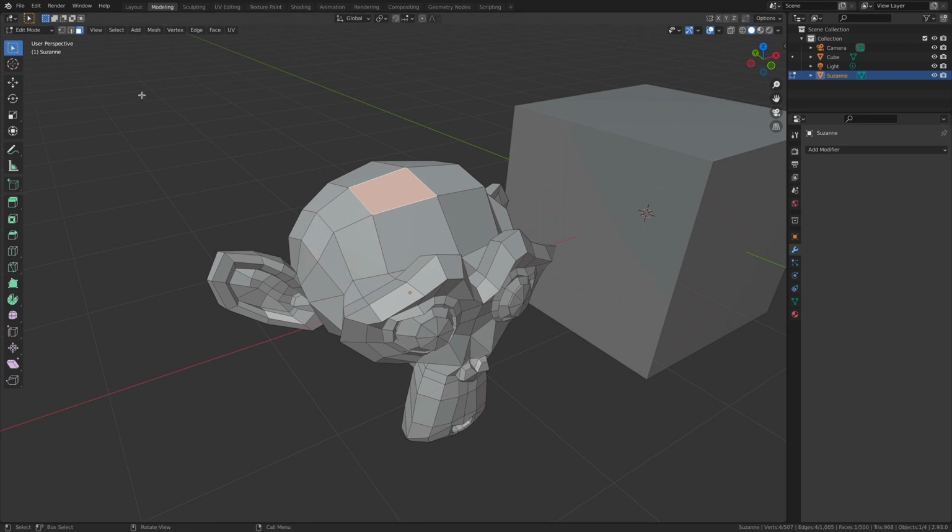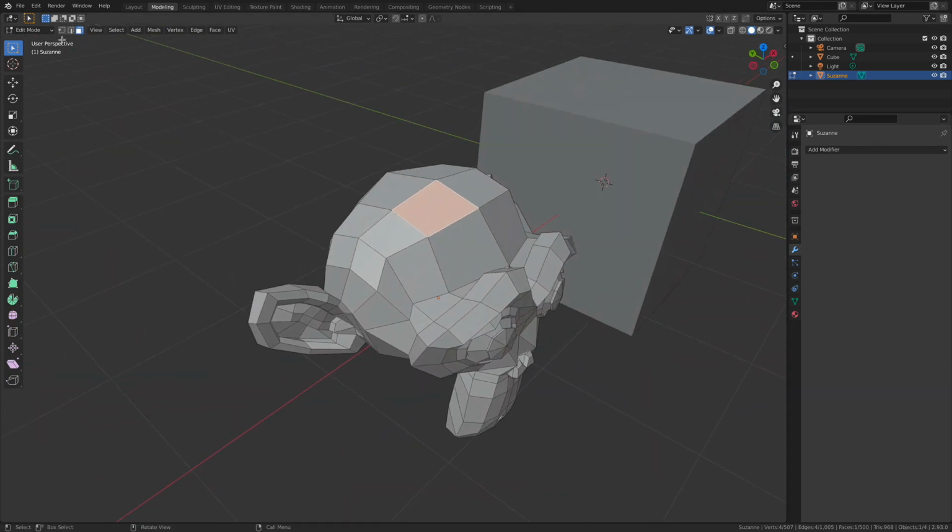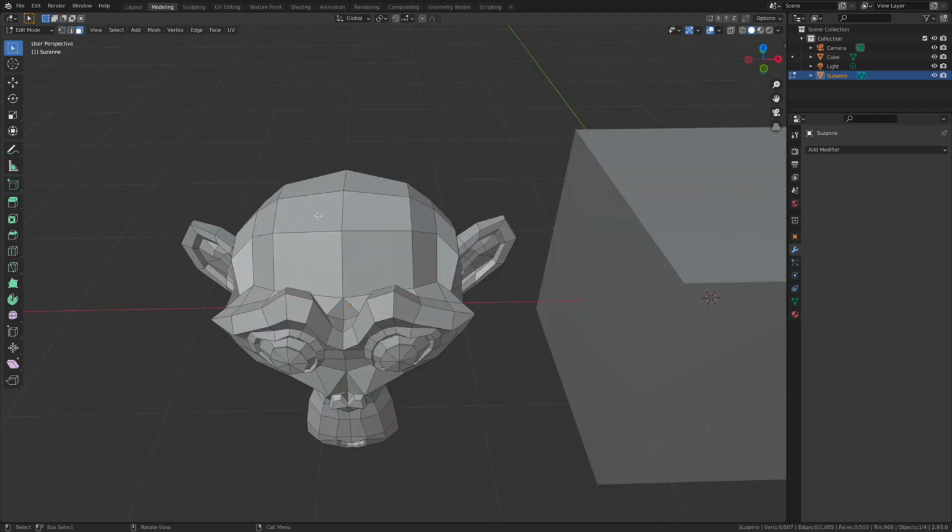Okay. So how are we going to work with these selections themselves? Well, let me show you a great little trick. Of course, these in here are going to be our selection states. Also the 1, 2, and 3 keys on the top row of your keyboard, not the number pad. That will allow us to go in and select these objects as well. So those are great little keyboard shortcuts. 1, verts, 2 is edges, and 3 is faces, which is pretty cool.